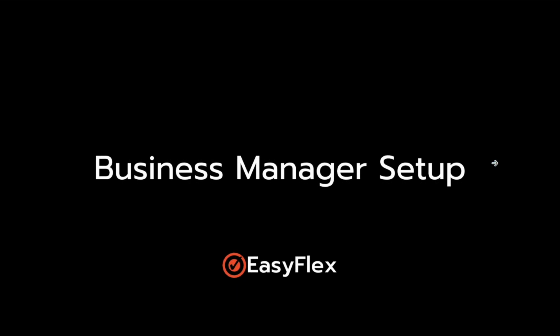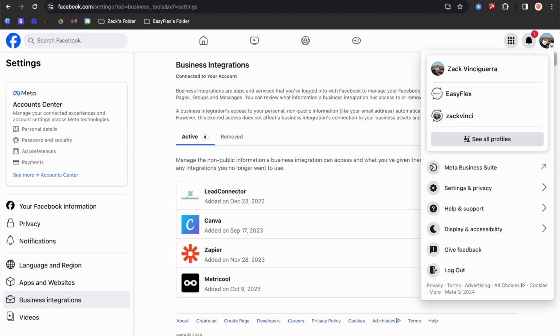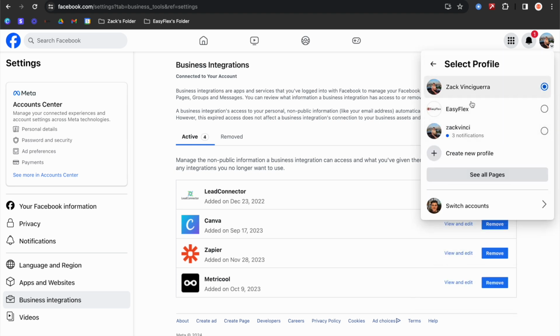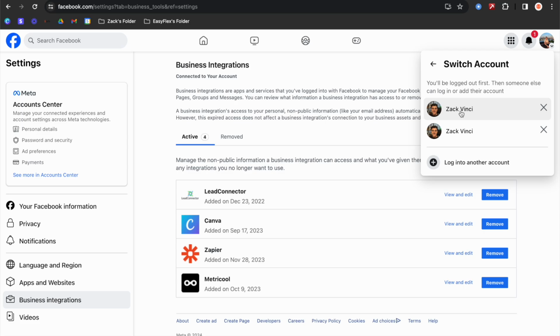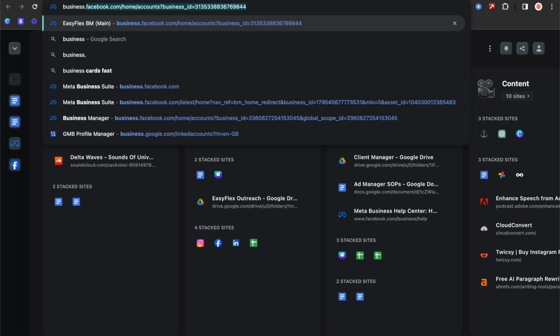We're going to go through the business manager setup. The first step, if you don't already have a business manager, is to create your business manager account. The business manager is based on the Facebook account that you're in. So if I swap back into my account here, in my search bar, I would type in